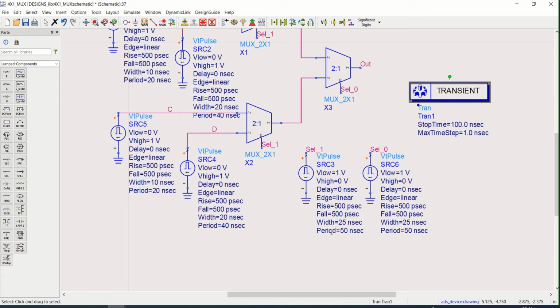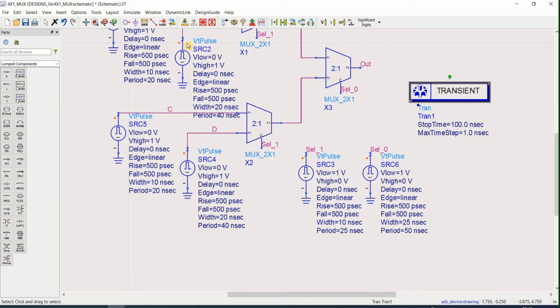For that case, I'm using a different value of widths. This is with the 10 and period of 25, and selection line is with 25 width and period of 50 nanoseconds.